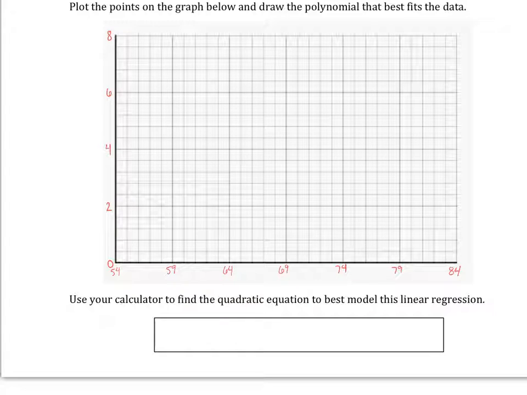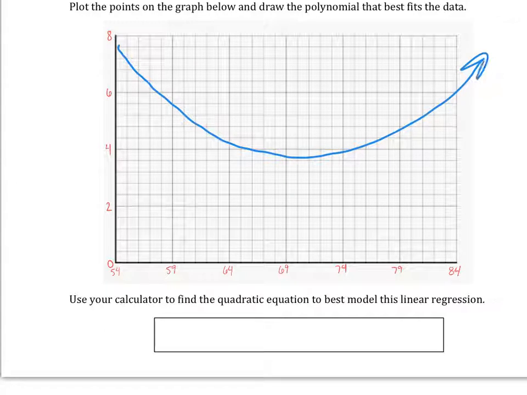When you plot all your points, you're going to get something that looks like this-ish, all right? So make sure you plot all those points. This is your regression model. It bends one time, so this is a quadratic. So you know that the equation you're going to get is going to be a quadratic, which means if you